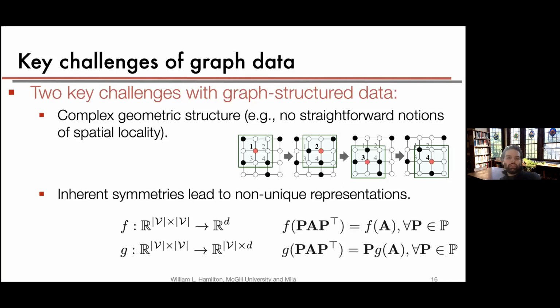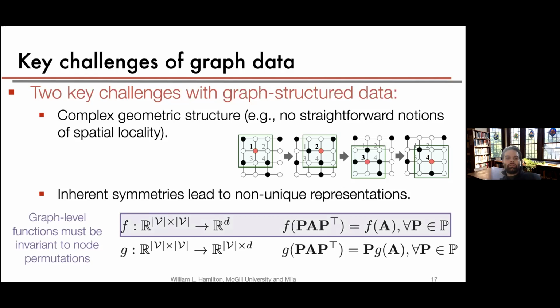Another really big challenge with graph data is that it inherently has symmetries. There are inherent symmetries in graph data that lead to non-unique representations. In particular, if we're trying to learn a function that maps a graph to a low dimensional representation, say we're trying to map an adjacency matrix, and I'll generally be representing graphs as adjacency matrices denoted by A, if we want to have a function that maps adjacency matrices to low dimensional vectors, this function must be